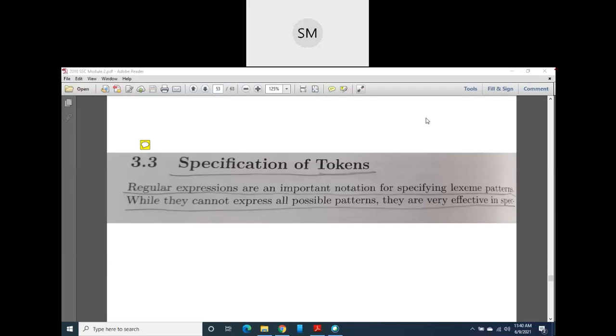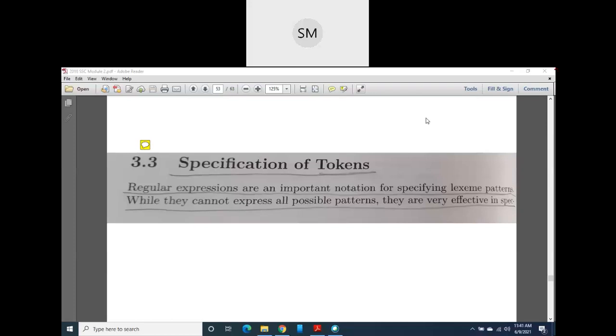Here we are going to specify the tokens, and you already know how we get these tokens. The lexical analyzer first reads the input characters from our source program, then it makes a grouping of these input characters, and those groups are called lexemes. These lexemes are again converted into tokens, which contain two parts, token name and attribute value, right? This much we have studied in the previous classes. Now we are going to specify these tokens. It means how to write these tokens, that is, the specification, the writing of tokens.